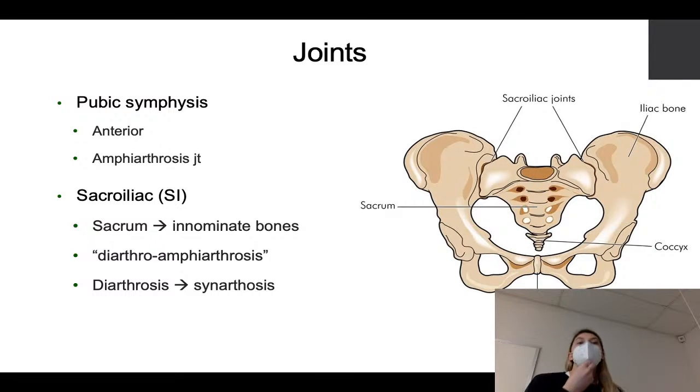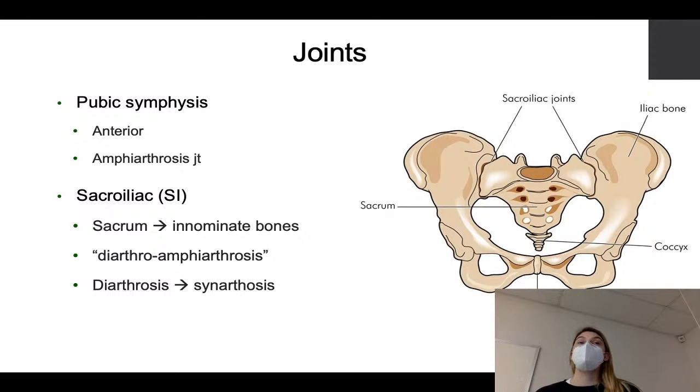And basically, it's confusing. A lot of sources say it's diarthro-amphiarthrosis. What that means is some people say that there is no movement at all at the SI joint, while other people say, yes, there is movement at the SI joint. What I've noticed is, in some people, there isn't much movement at the SI joint. Their SI joint is stable. In other people, they have a lot of movement in their SI joint,